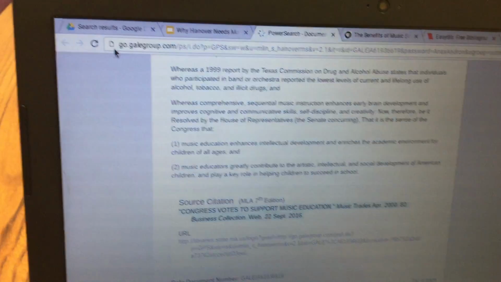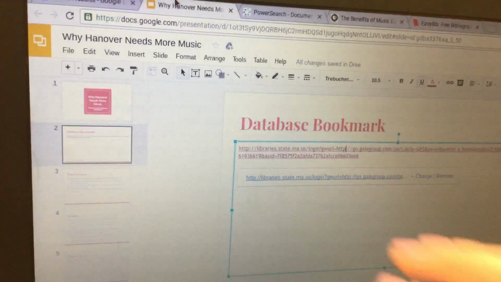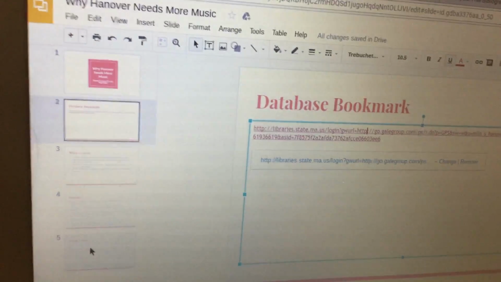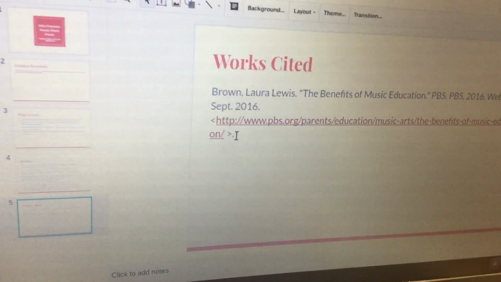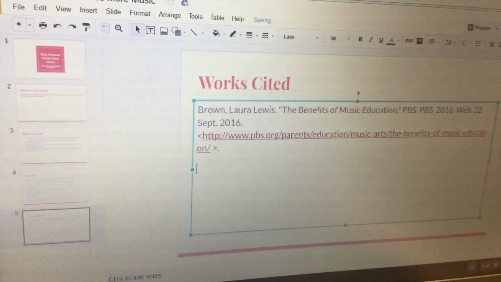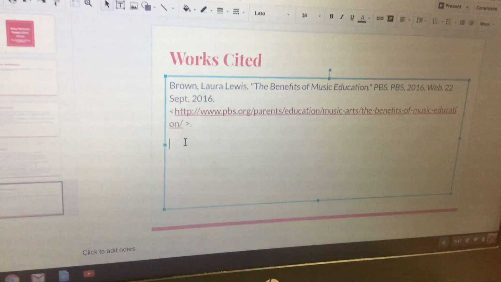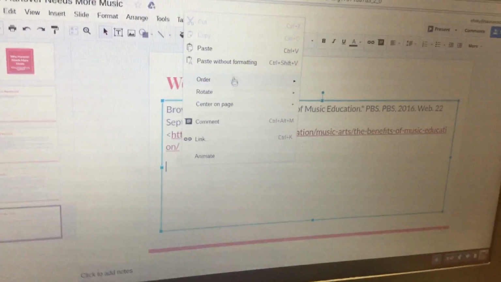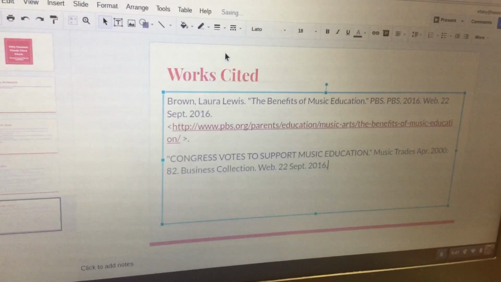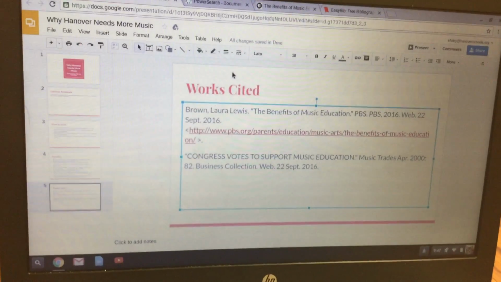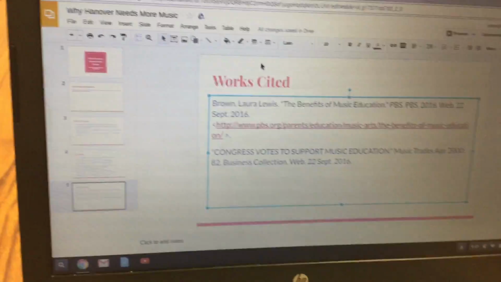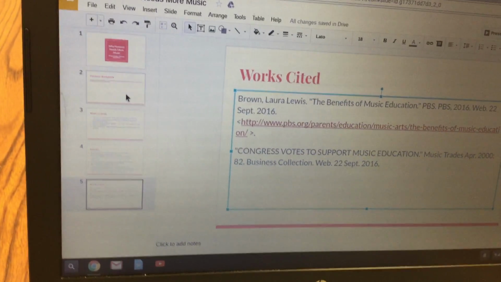Then you'll go back over to your presentation, click on that last works cited slide, and then what you're going to do is just go on to another line and then two-finger click and do the same thing, paste without formatting, and then you'll see that the citation is there. Now, in order to create a link to your citation, or to your actual article,